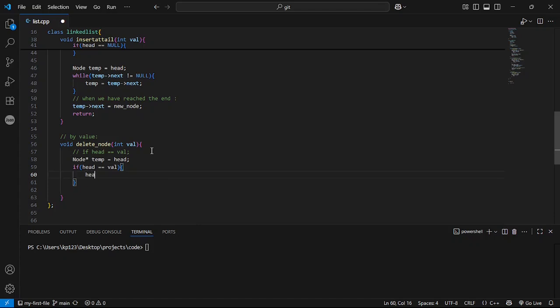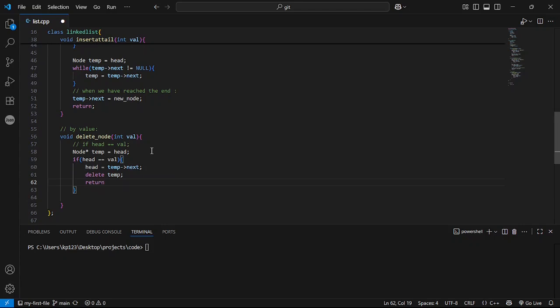Then we can say that head equals temp's next, and we can say delete temp and then return.